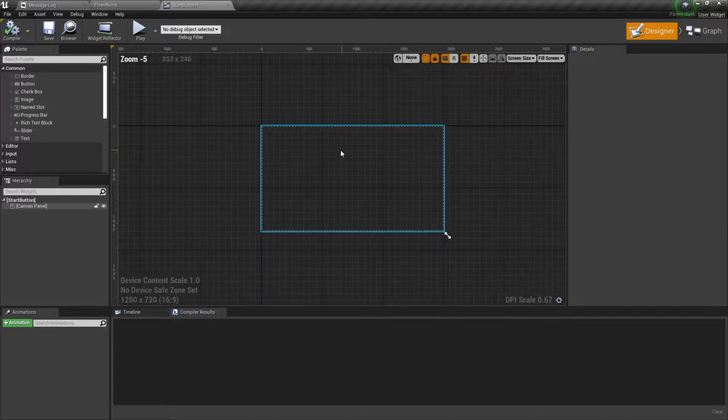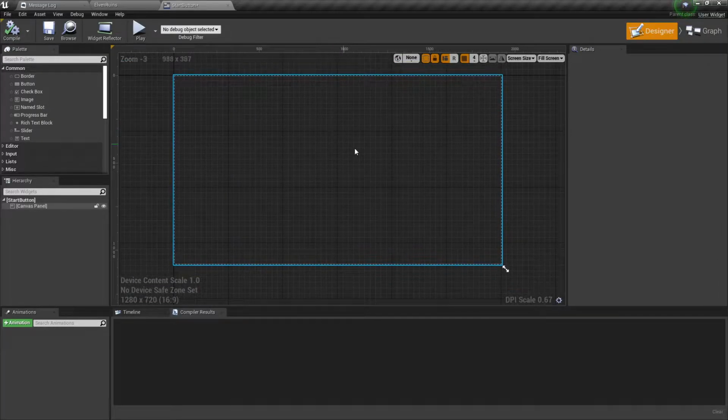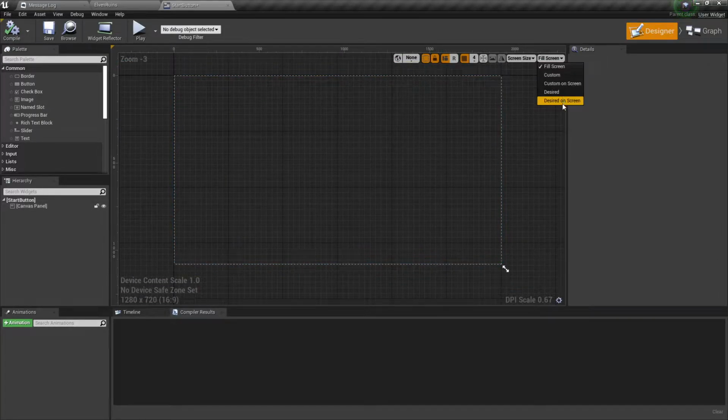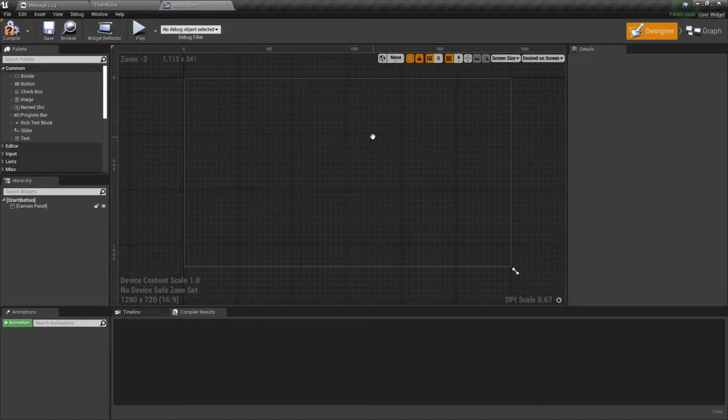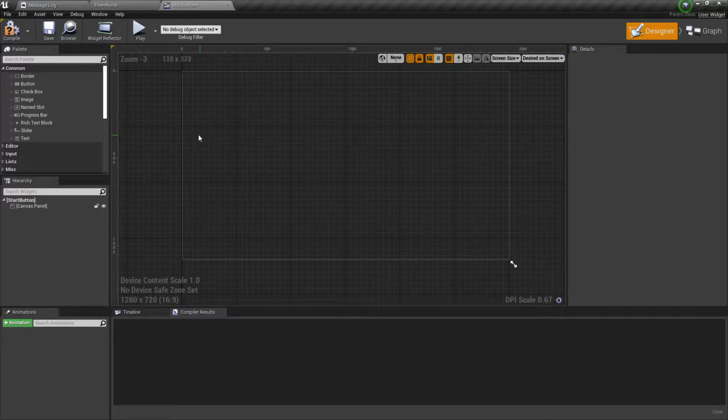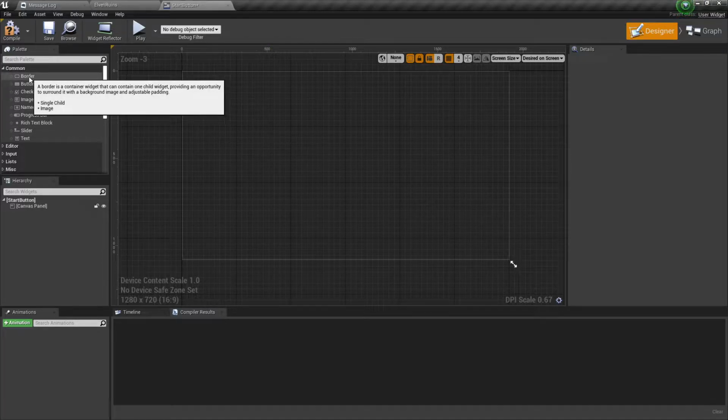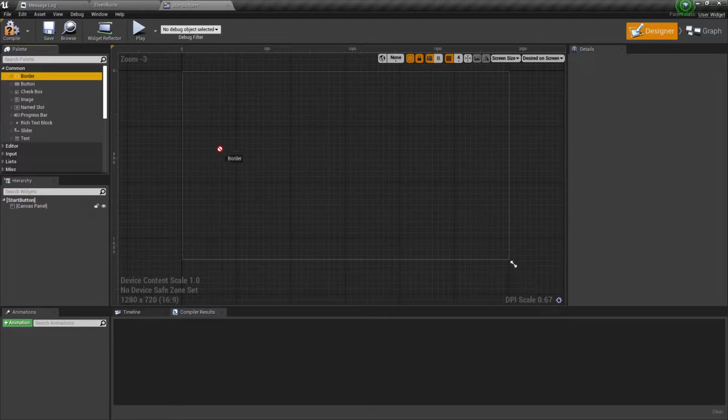Right, and just a quick disclaimer, I am awful when it comes to making heads up display. I might have already said that, but I'm terrible at it, so bear with me. If I make a mistake, I'm just going to try and roll with it and make the best of a bad situation. So to start with, I'm going to drag in a border,